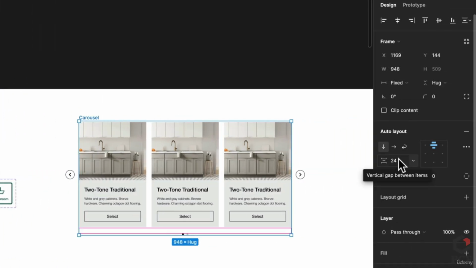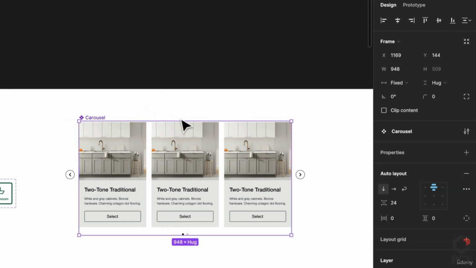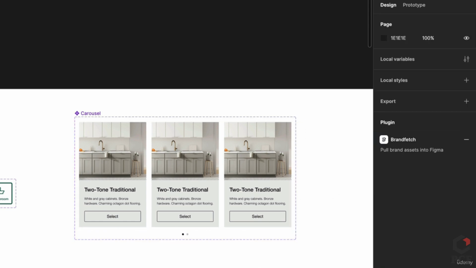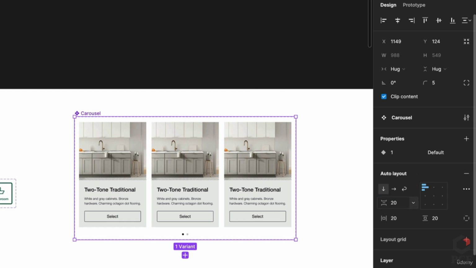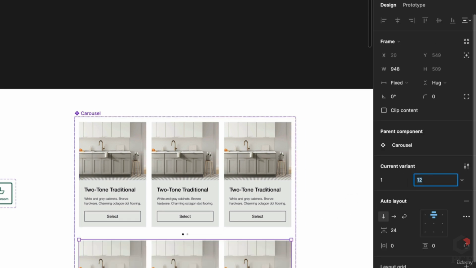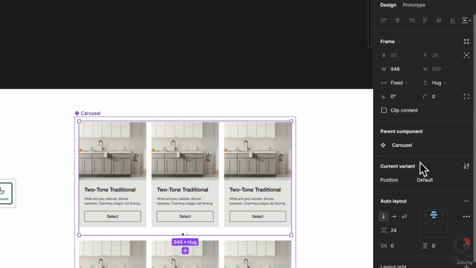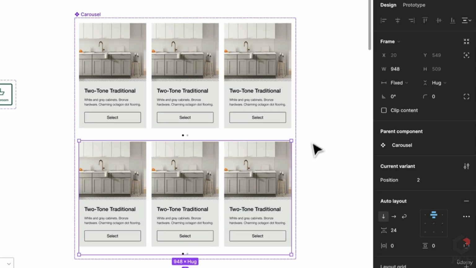Now that I have my component ready, I can do my carousel, make it into a component, and create a property. So I'm just going to say state or position, and there's position 1. Let's make sure that we have an auto layout container, and this one's going to be position 2. Geez, I really do not like how Figma sometimes does this. It automatically sets the property name, or messes up the property name. So we have position 1, position 2,